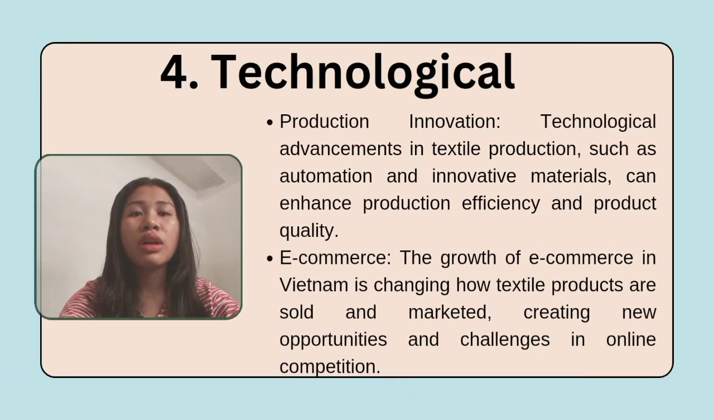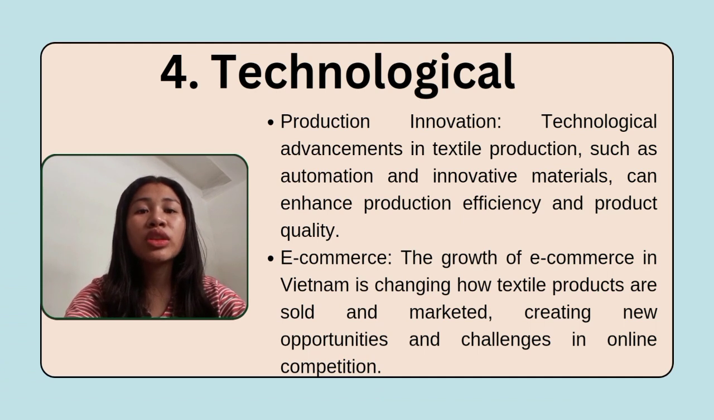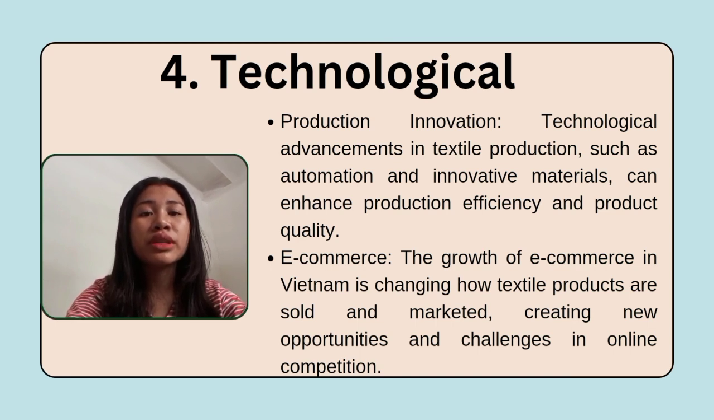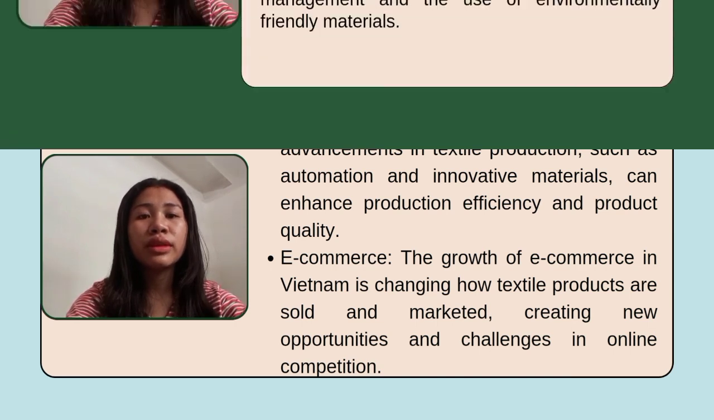Technological production innovation. Technological advancement in textile production, such as automation and innovative materials, can enhance production efficiency and product quality. E-commerce. The growth of e-commerce in Vietnam is changing how textile products are sold and marketed, creating new opportunities and challenges in online competition. The next one is